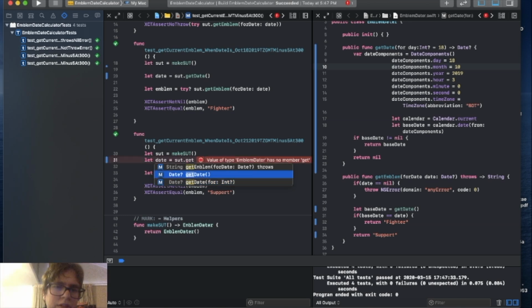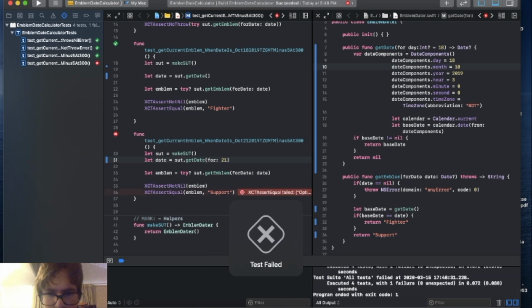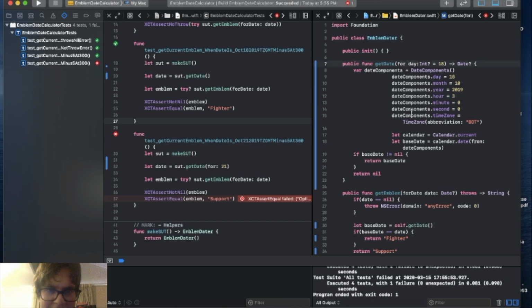And now you can see I have two methods, one without a parameter and one with a parameter. So I'm gonna use the one with the parameter, it's 21, and I'm gonna come and use this, and it's failing. Why? I'm trying to pass a for date for a day. I think I should put for day, yeah, for day. First of all, that,